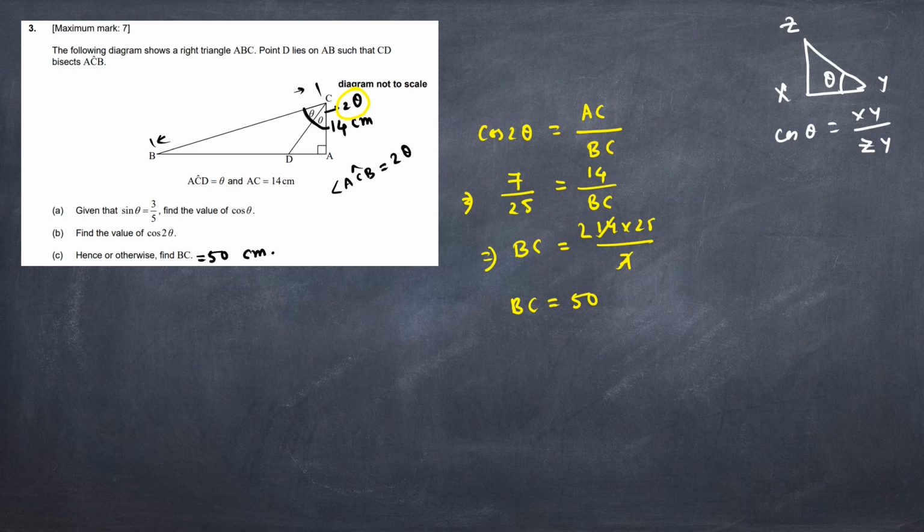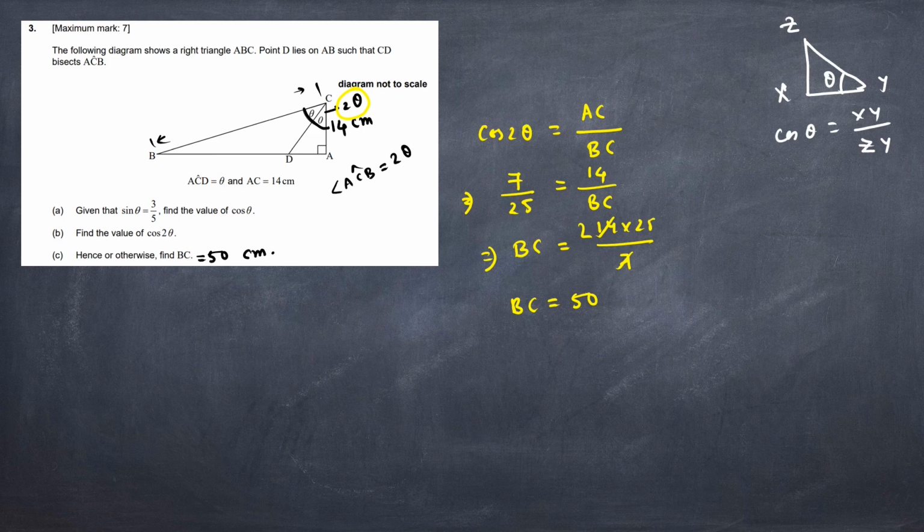So this problem is done. This was a very simple question, very simple problem. Just you need to remember the facts. One more thing that we have done in the previous problem: the value of sin theta was given and we needed to find out the value of cos theta.